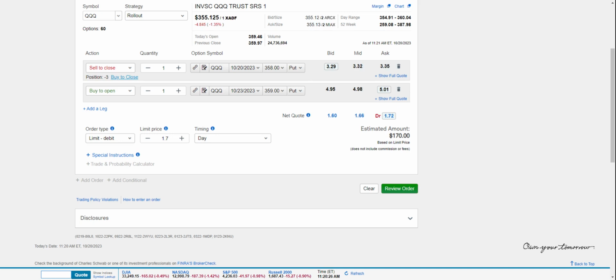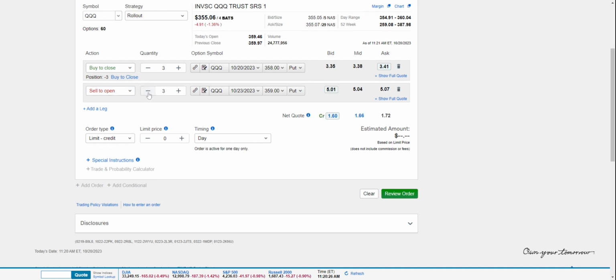Since I sold to open, I'm buying back to close. If you buy to open, you sell to close. So it's the opposite. So now this line is a new position. I'm going to sell to open a new position. So make sure it's the same number. 3. I'm closing out 3 positions by buying them back, unfortunately for